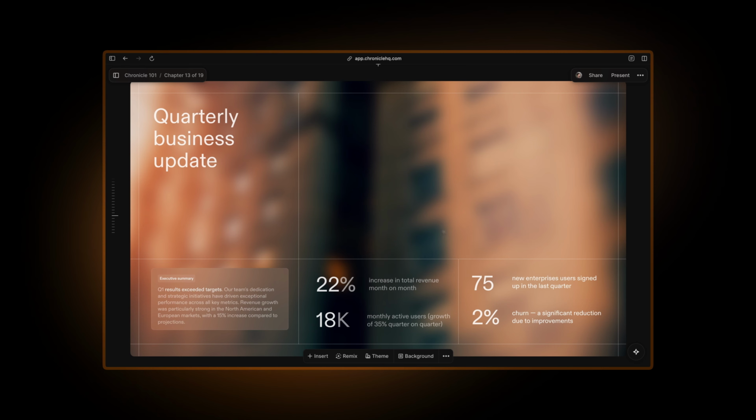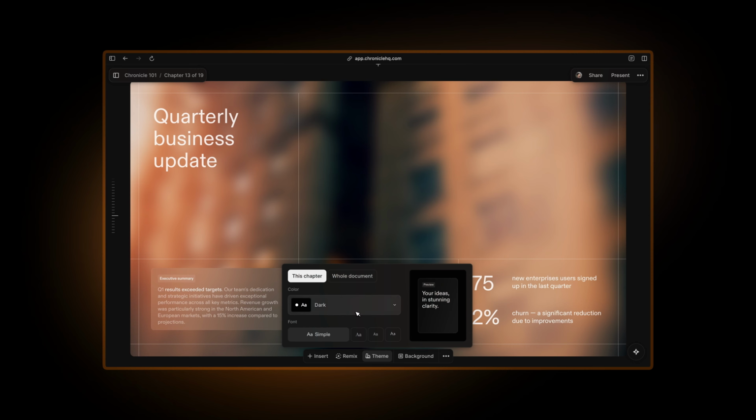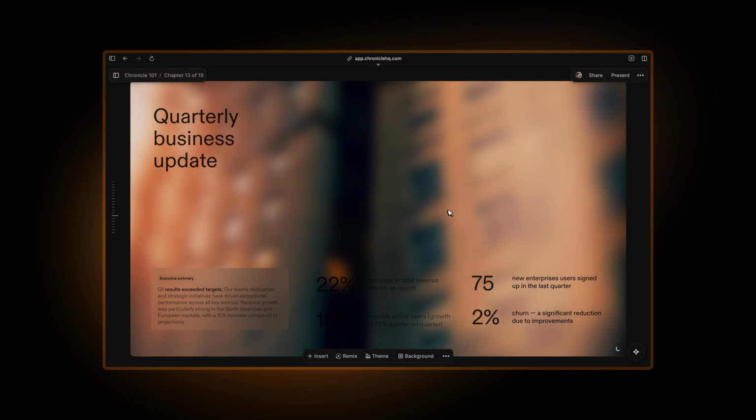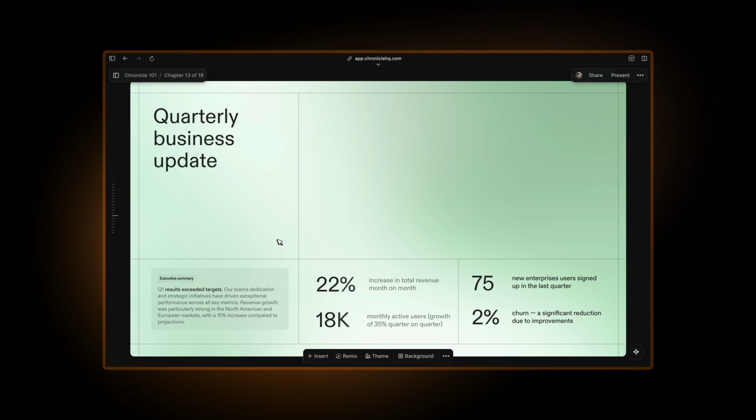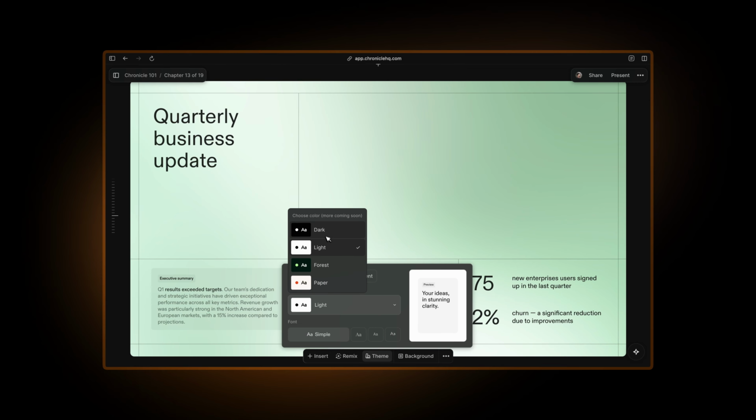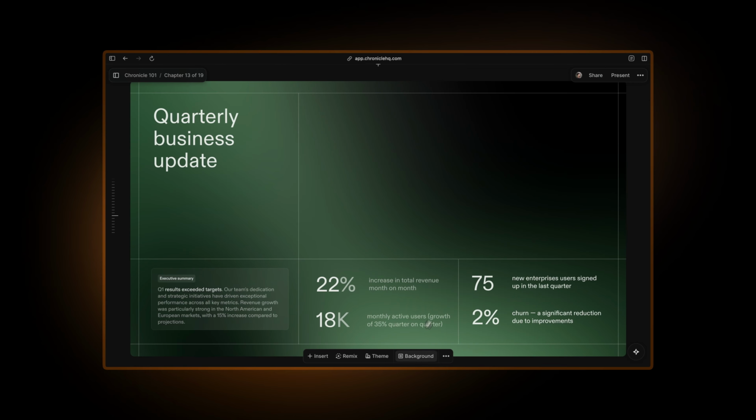One of the best things around how this is set up in Chronicle is that this will work in light and dark themes by default. So you can go to any of the gradients, choose these, and if you change your theme, it will just work by default. So that's backgrounds and overlays, and that's how they work with themes to give your pages that